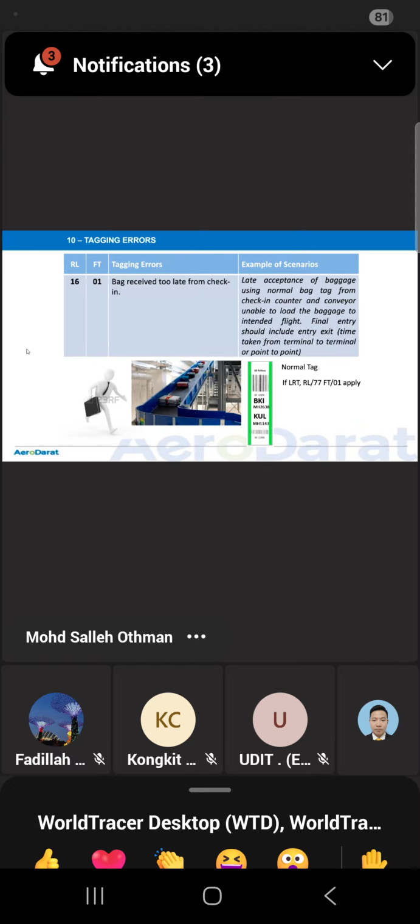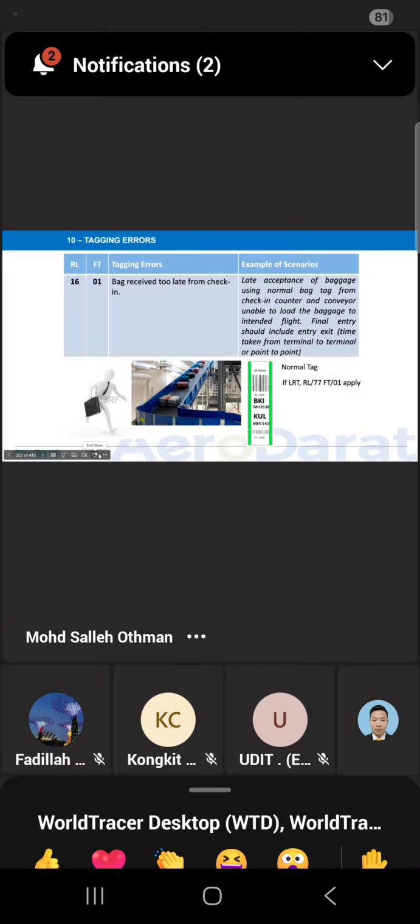In this scenario, if we issue the LRT tag, the passenger has to sign. Anything happens to the passenger's baggage, we are not responsible because the passenger is a late check-in. If the bag is mishandled, we do the report, but under a courtesy report. The passenger has to come and collect. We will not provide delivery.